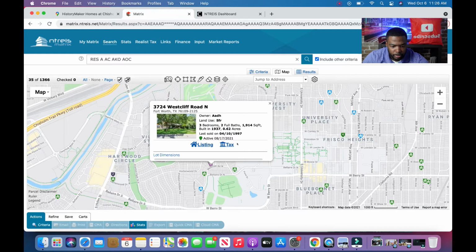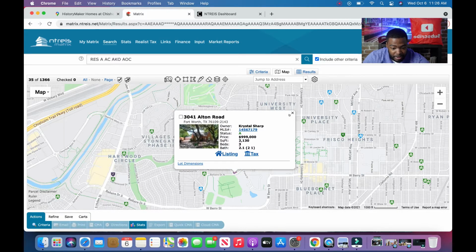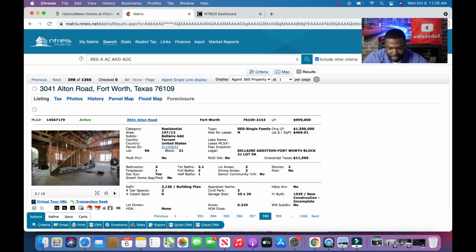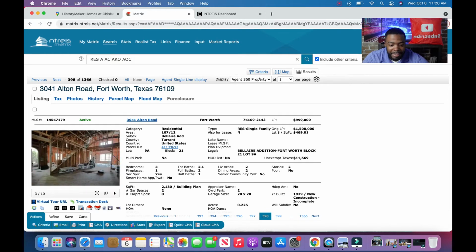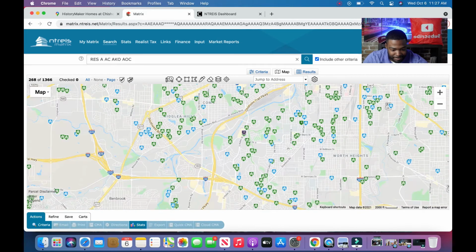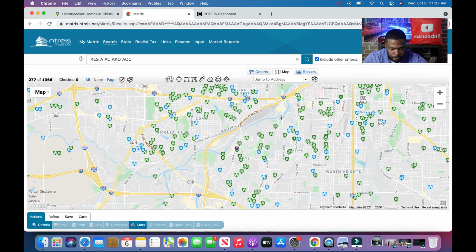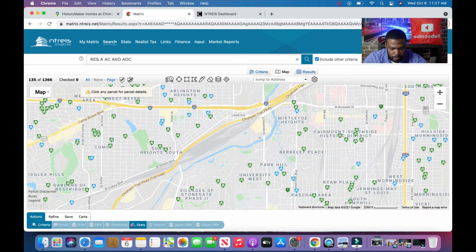So 3-bed, 2-bath. I think this is really, wow. It looks like 909,000. 999,000. Alright, this is a piece of crap. Okay, let me look at something else. Where is it at? I just had it. Alright, so